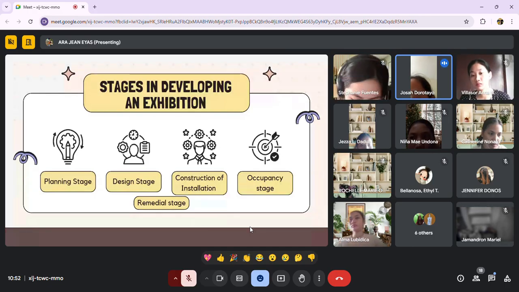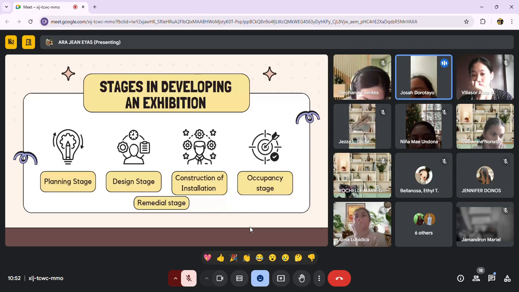Their learning, the cost effectiveness and attendance, among others. Okay, the last one is the remedial stage. It focuses on adjustments that need to be done during the installation to correct post occupancy problems. As we know, occupancy problems include the flow of traffic, what I have just said earlier.